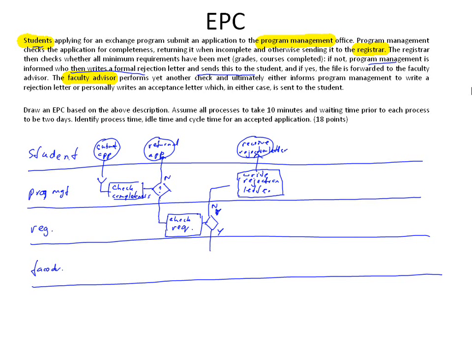Now we go to the faculty advisor. The faculty advisor does yet another check. We call that final check, and then makes a decision. If the final check is negative, it goes in this direction again. It informs program management to write the rejection letter. There it goes again. So it goes to the same. So no. And if yes,